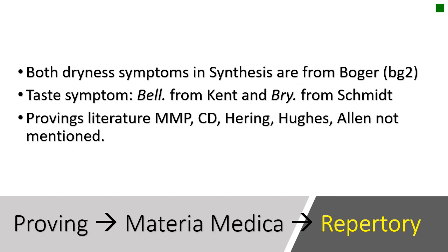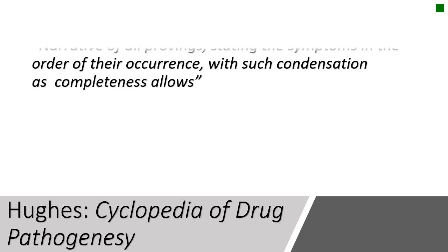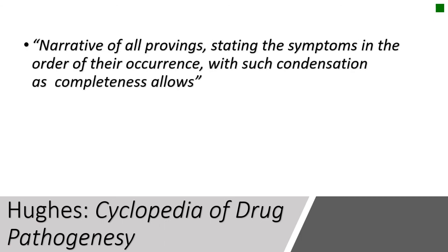In Synthesis, proving literature like the Materia Medica Pura, Hering, Hughes, Allen, are not mentioned for these particular symptoms. Now, I mentioned earlier, the name of the book is Cyclopedia of Drug Pathogenesis. When he wrote the book, in the introduction, Hughes says that it's a narrative of all provings, stating the symptoms in the order of their occurrence, with such condensation as completeness allows. So it's a pretty big volume with very little stuff that has been summarized,